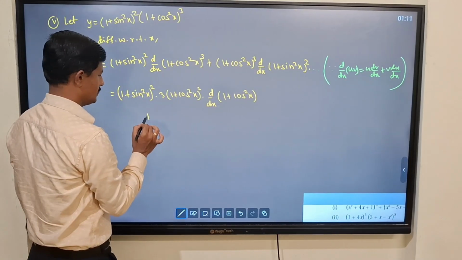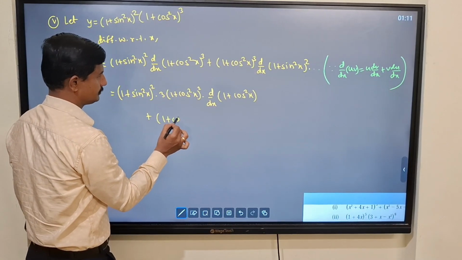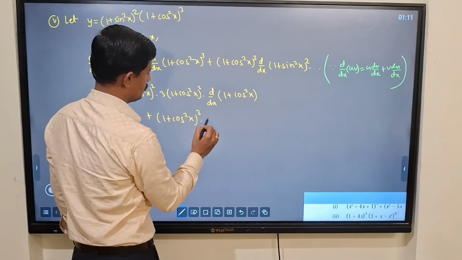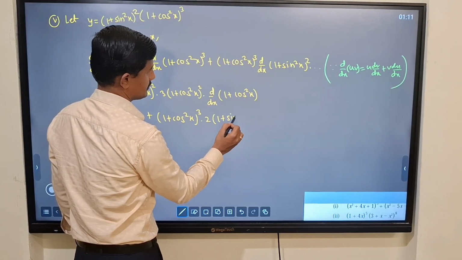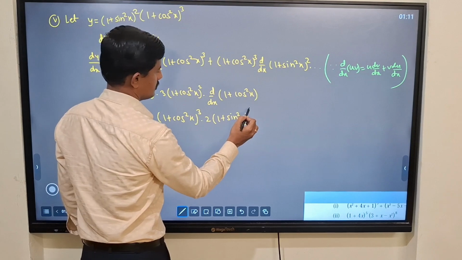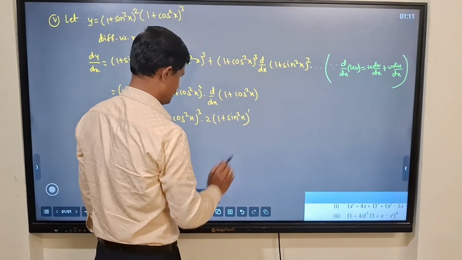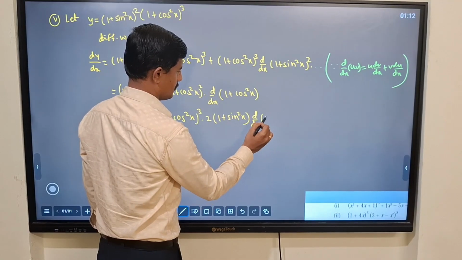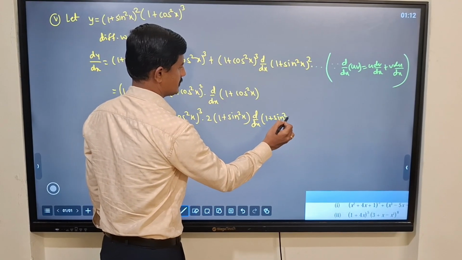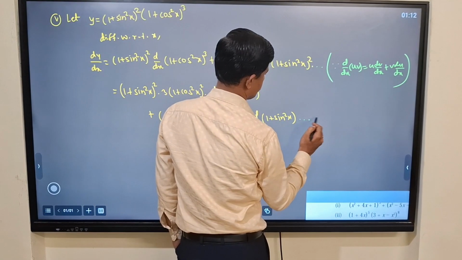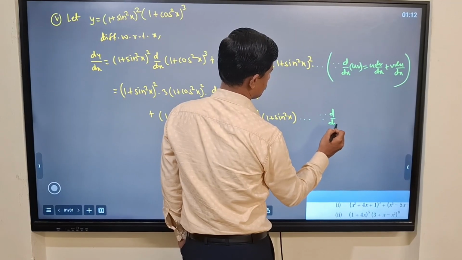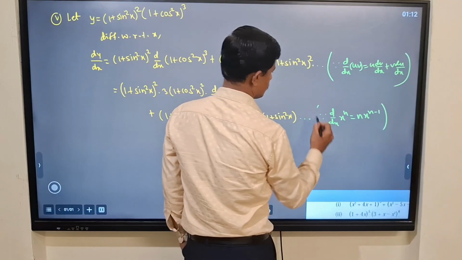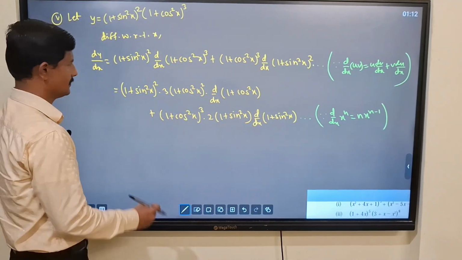I will write down this term here, (1 + cos²x)³ into 2(1 + sin²x) raised to 1, which means 1 only, d/dx of (1 + sin²x). Here we used the formula d/dx of xⁿ is n xⁿ⁻¹. Now next,